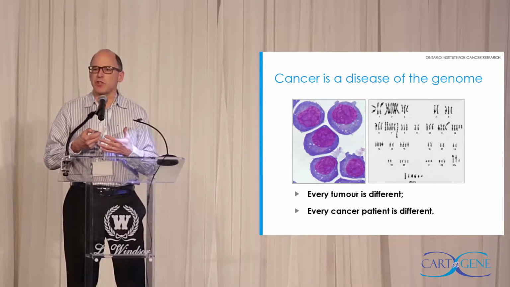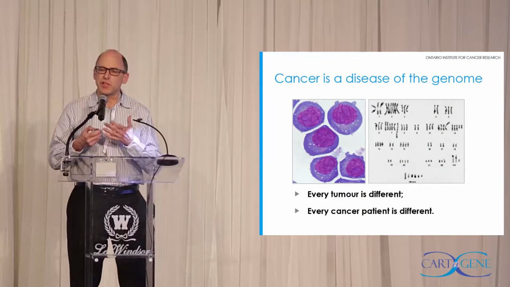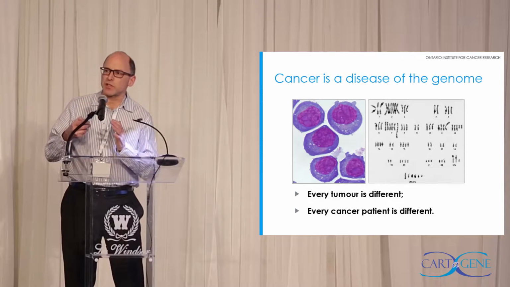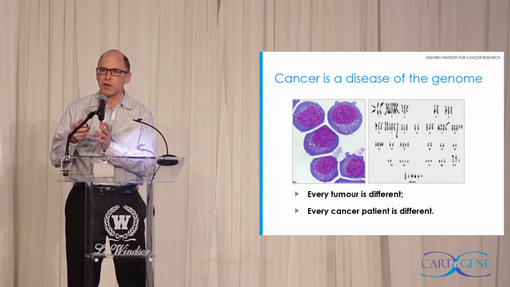Now when we sequence tumor genomes, we find that a typical cancer genome has on average 10,000 mutations that are not found in the inherited genome, so a large number. If you're a smoker and you have cancer, your tumor probably has 100,000 to 1 million mutations. Actually, it's about one mutation per 15 cigarettes smoked.